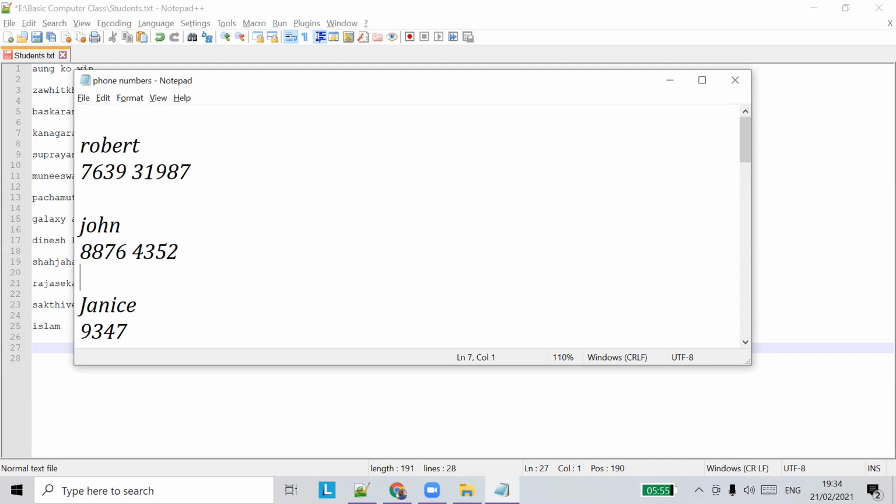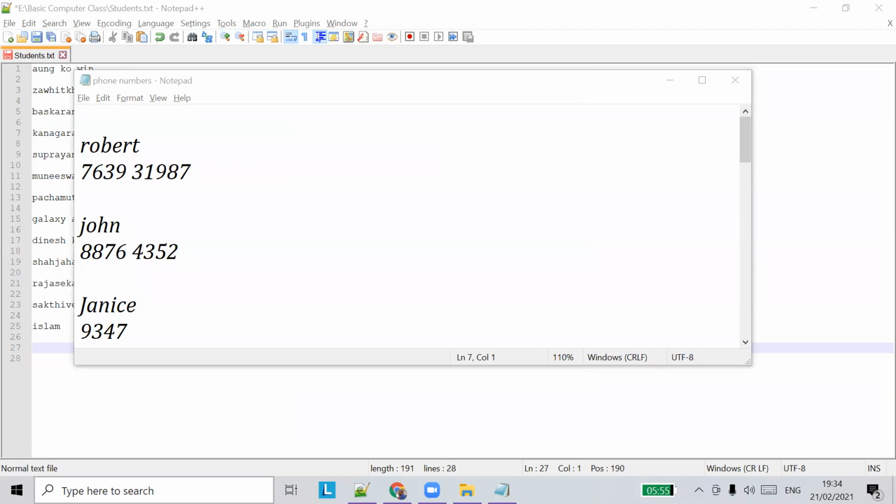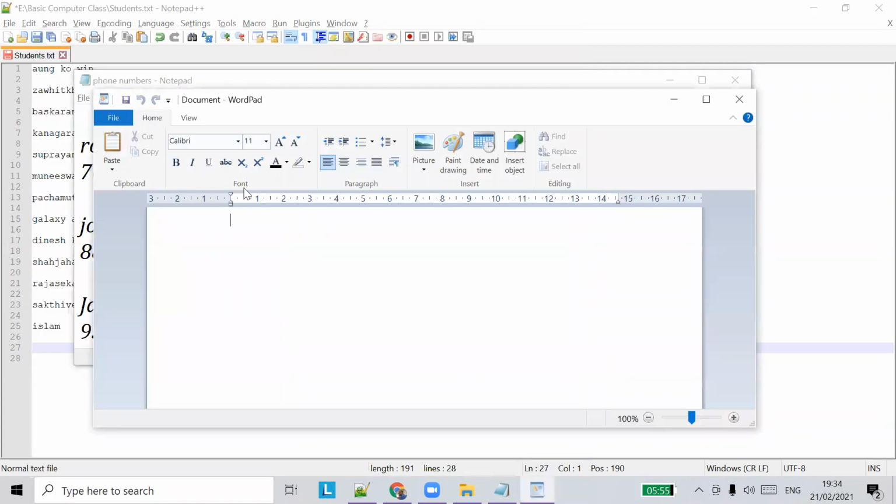There is something called Word in computer. Similar to Notepad, we have something called WordPad.